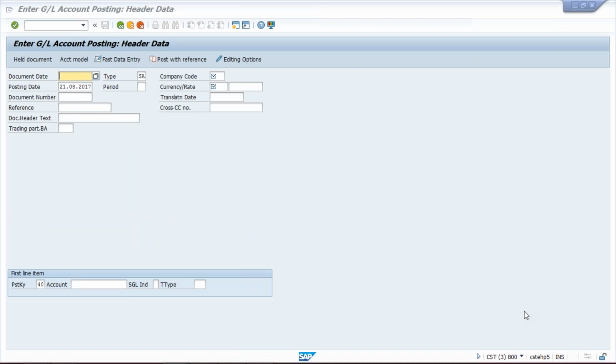So see here, don't look at other things. I'm just telling, let's suppose I have to post a transaction here. Whatever transaction you are going to post, for every transaction, the system is going to suggest a different document type. If you have to post a normal GL to GL transaction, then the system is suggesting